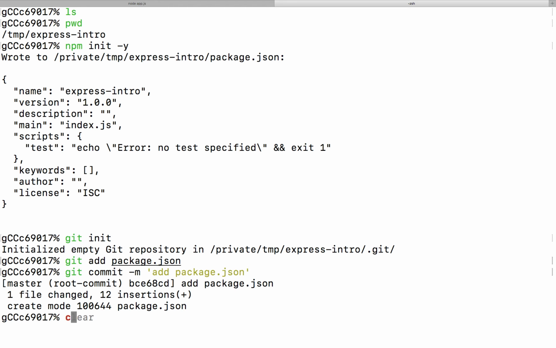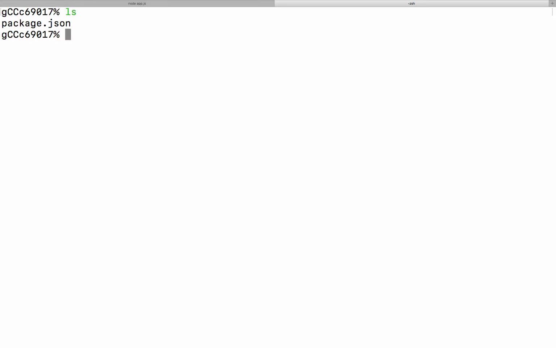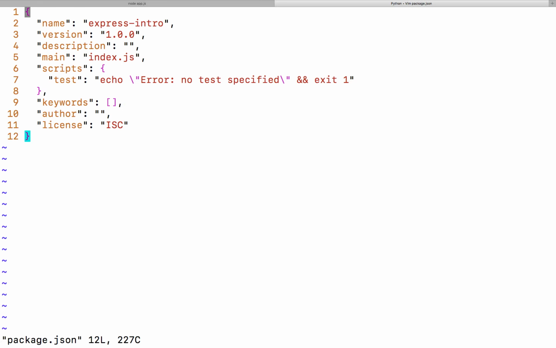Okay. So once you're done with that, see how in package.json it says main is equal to index.js? Something that's a handy convention to have is the main file of your app, because we're going to be ultimately having multiple JavaScript files. Wherever you want the starting point to be, main should point to it right there.